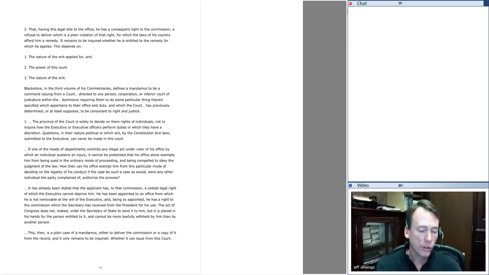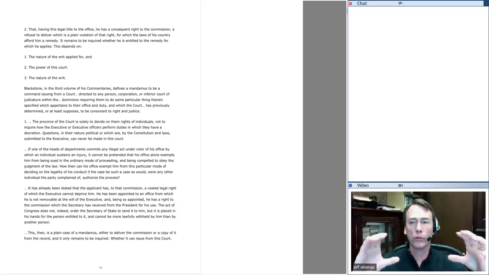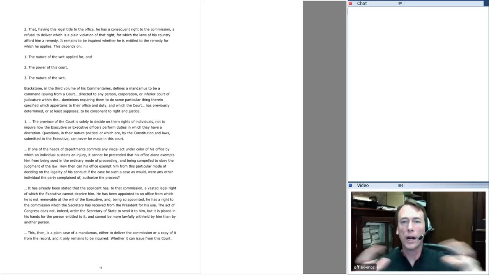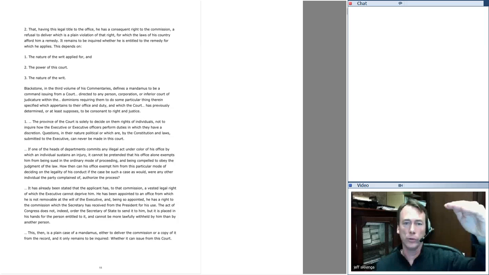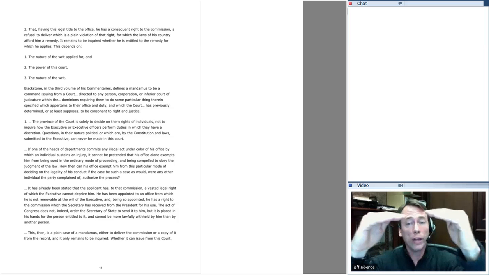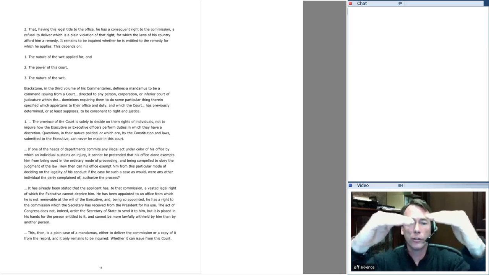How does it violate it? Well, he says it adds to our original jurisdiction. Original jurisdiction means the Supreme Court sits as the very first court to hear the case in the federal system. Most original courts in the United States are district courts, right? If you have a trial, you go into a federal district court, and then if you lose, you appeal to a circuit court. Then if you lose, you appeal to the U.S. Supreme Court. Sometimes, in very rare circumstances, outlined in Article 3, Section 2, the Supreme Court sits as a court of original jurisdiction. It sits as essentially the trial court.